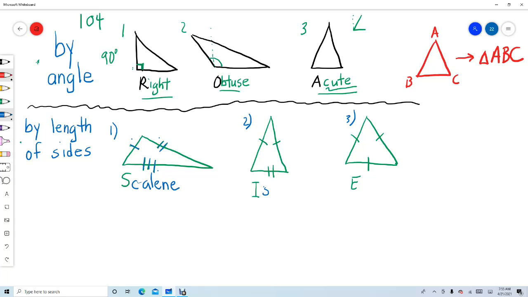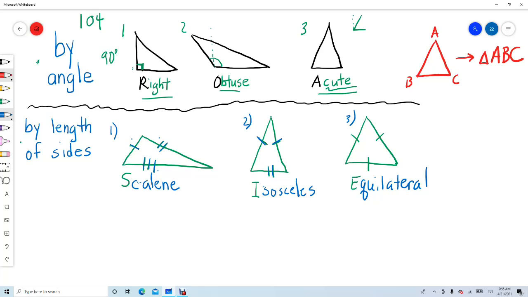Our second triangle is called isosceles. An isosceles triangle has 2 sides that are the same length. That is why each of these sides have 1 hash mark to indicate those are the same. And then the third side is different than the other 2. So we have 2 sides the same. Our last type of triangle, when we classify by length of sides, is called an equilateral. And this type of triangle has, as you can tell by the hash marks, all 3 sides the same length. So any triangle can be classified into either right, obtuse, or acute, and any triangle can be classified into